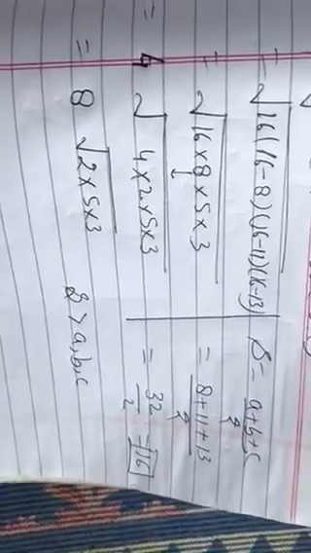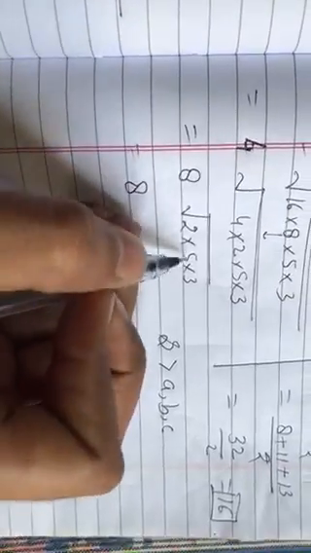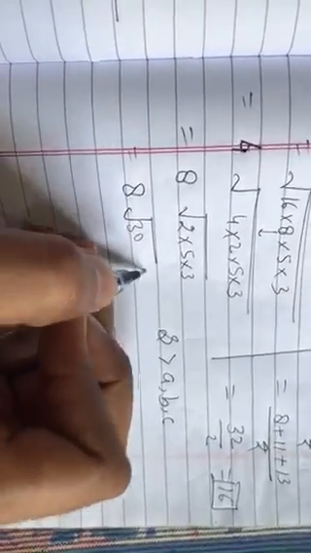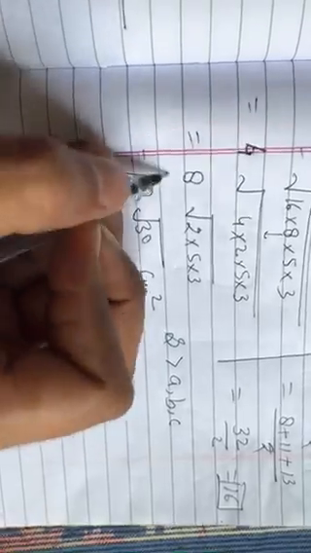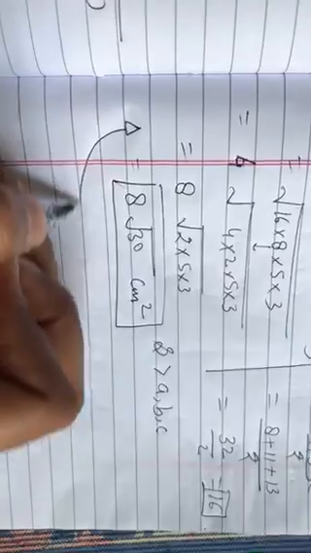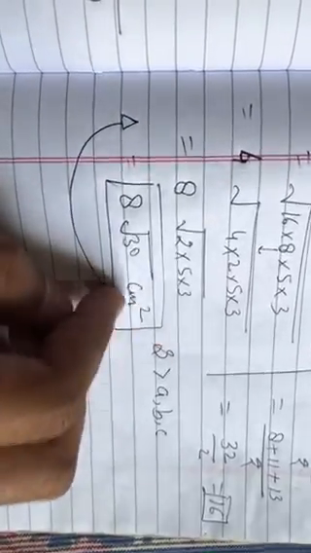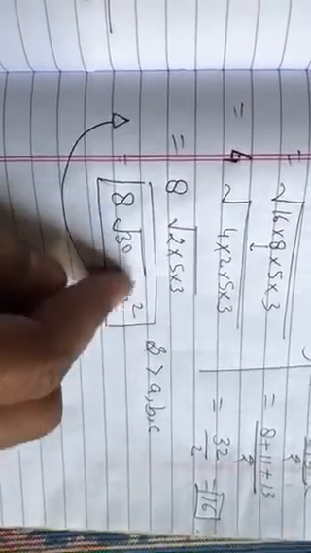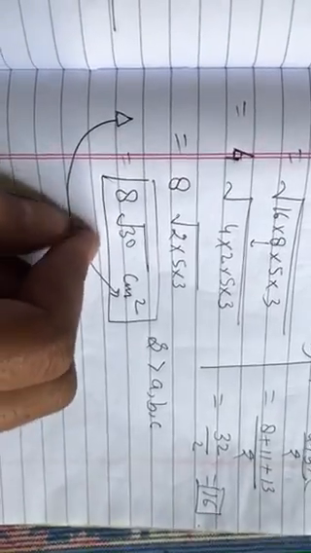root. So the square root of 2, 5, 3 is not a perfect square, so you can multiply directly and you will get 5 to the 10 and 10 3s are 30 centimeter square, because the units are in centimeter, and you very well know area is always found in square. Why? Because area is always given in 2 dimensions, length and its breadth, right? So these are some applications of Heron's formula. Now we follow its exercise.